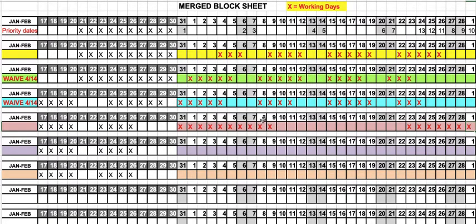You could have the 8th to the 21st off, or the 9th to the 22nd off, or the 9th to the 21st off, or the 8th to the 20th off. So you can move these days left or right by 3 dates. The only way you can have all 13 days off in the middle of the month is if you waive the 1 in 7 blocking rule